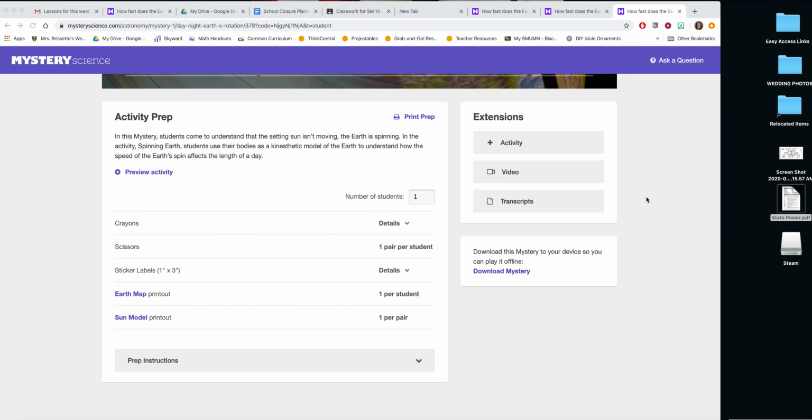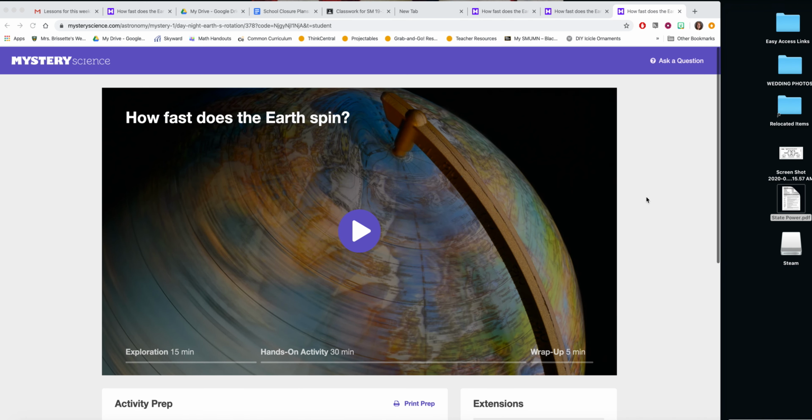So feel free to grab a sibling or a parent or somebody around the house. You can also put part of the components, you can always tape up and put it on like a lamp or something and have a fake second person if you don't have someone available when you're ready to work on this. But this activity is meant to talk about how the Earth rotates on its axis and how fast it is